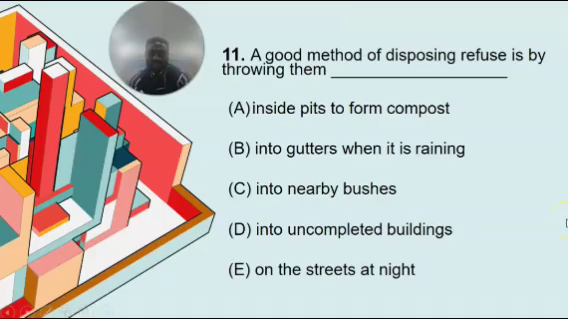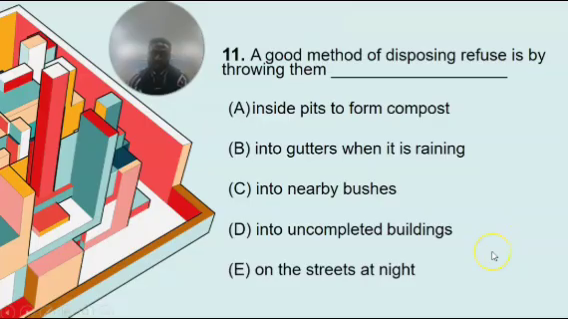Question 11 says a good method of disposing refuse, another word for which is garbage or waste, is by throwing them dash. Is it A, inside pits to form compost? B, into gutters when it is raining? C, into nearby bushes? Option D, into uncompleted buildings? Option E, on the streets at night? So what's the correct answer to this question? A good method of disposing refuse is by throwing them